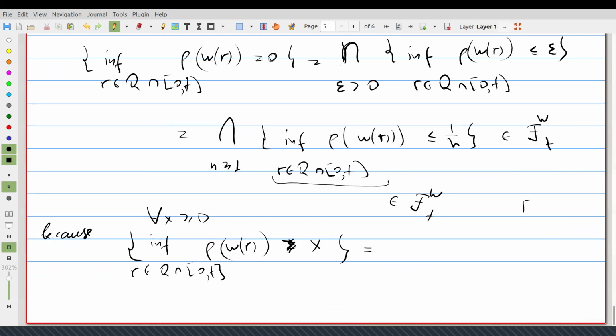I think we can just write the definition of the infimum using set theory. So for each epsilon, we can find such R that some inequality holds. Yeah, I'm trying to do this. I'm just not sure which direction we should go. If for all elements in some set we have the inequality less than x, then the infimum is also here, but I want the other direction. For this infimum to be greater than x,